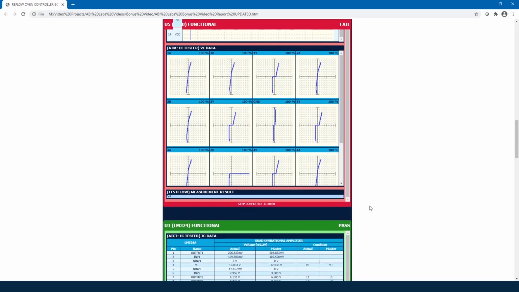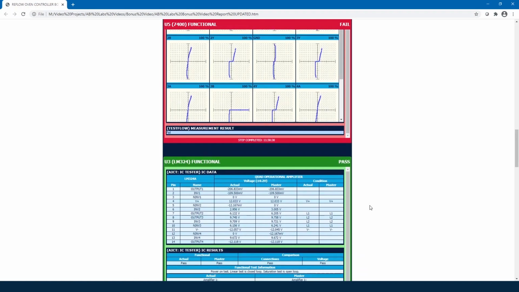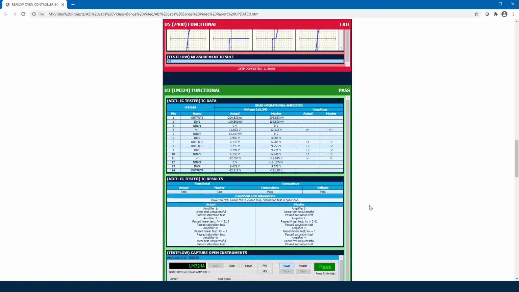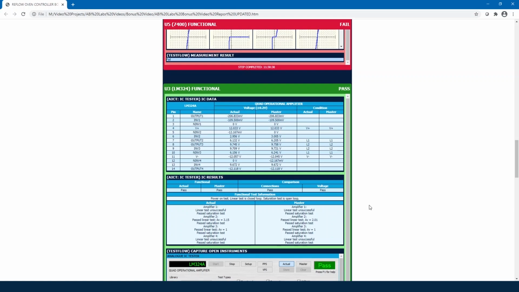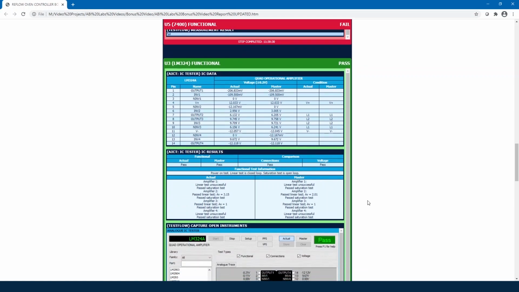Further down in my report, I tested the LM324, which is the same analog IC I carried out a VI test on earlier. In the first table we can see all of the different measurements from the test. In the table below we can see that I carried out a truth table, connections and voltage test, and we can see the extra information regarding the actual test technique itself.